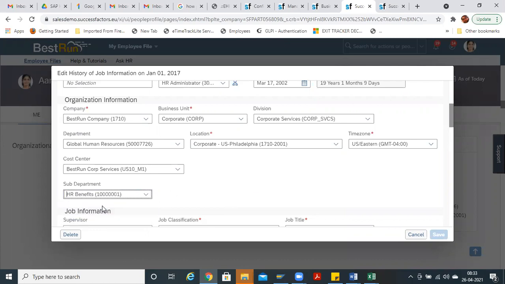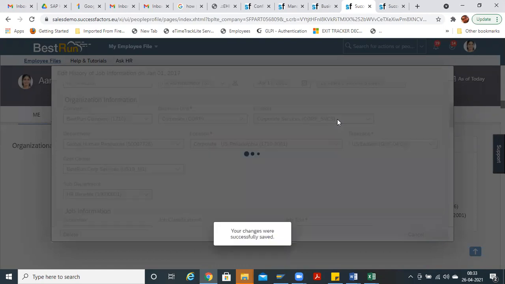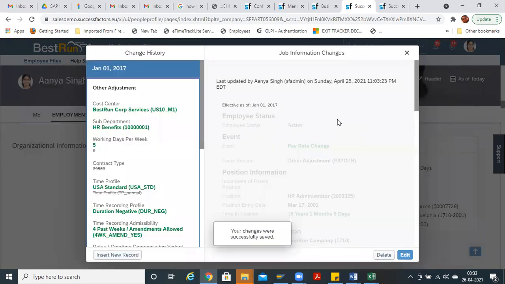So right now you can select HR benefit and save it. Whatever field value you want to save, it will be saved in the system. Got it? This is how you create the custom objects and assign them to the end user side. Okay. Any questions?